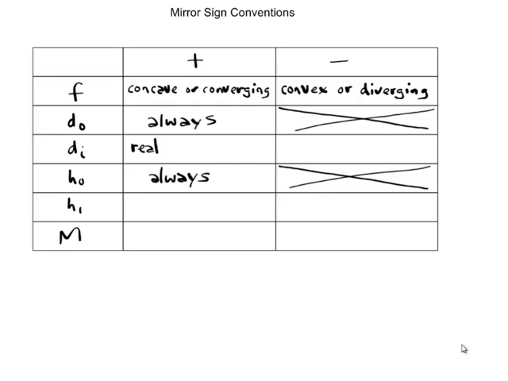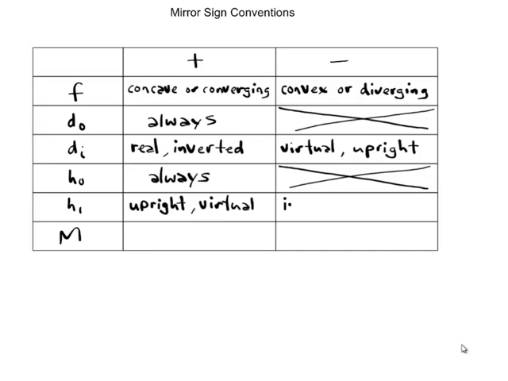It also tells you that the image is inverted. And how do I know that? Because all real images are inverted. They go hand in hand. If it's negative, it's going to be a virtual image, and all virtual images are upright. Moving on to the image height. If it's positive, it means it's upright, and if it's upright, it has to be virtual. If it's negative, it means it's inverted, and all inverted images are real. Now finally, the magnification. If the magnification is positive, it means it's upright and therefore virtual. If it's negative, it means it's